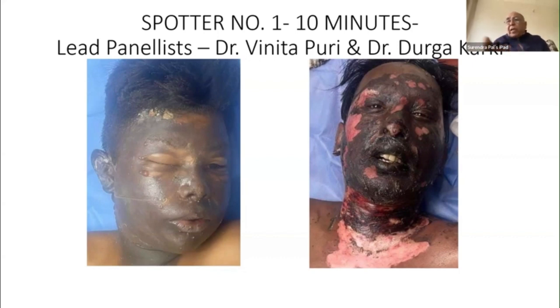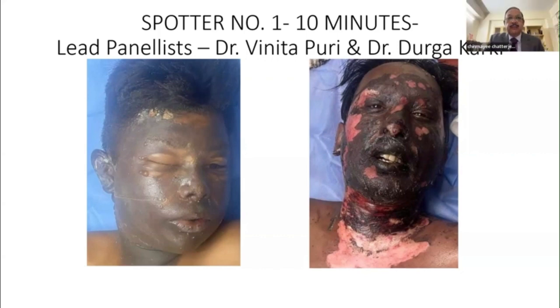In both these slides, in one you will see the upper part of the chest is slightly burnt and the neck, which means the burns have taken place in the extended position. In the first slide you are seeing a very small burn on the neck. Now, about the hairs, I can't say singeing of the hairs so much. But if you are seeing singeing of the hairs, it means they are flame burns. It means the electrical flash burn or some of those situations where you see very high energy for a very short period of time, a fraction of a second, in the electrical flash burns.